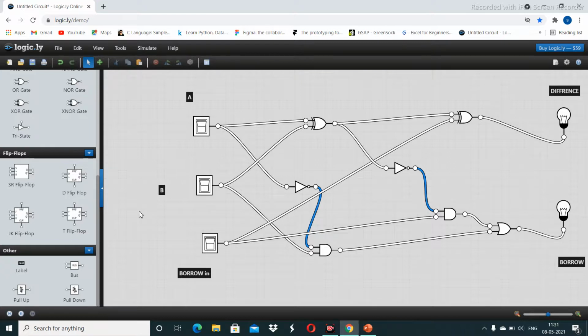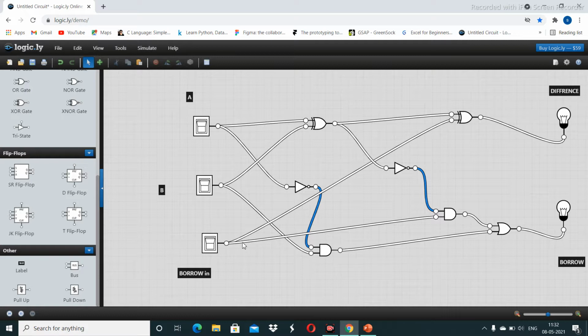Now apply the truth table values to check whether the circuit connections are correct or not. So let's check it. When all the inputs are 0, then the output is 0.